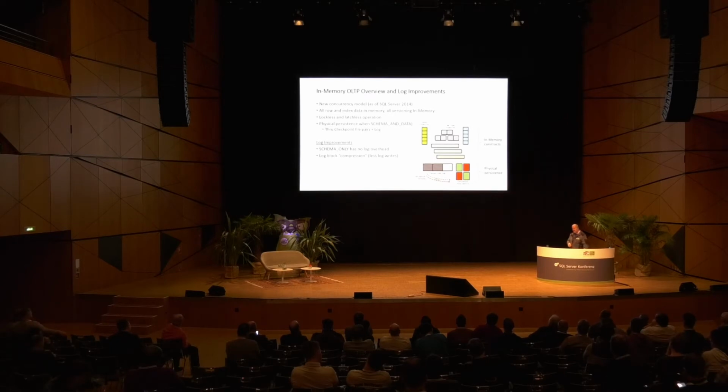There's two types of in-memory. You can have schema-only in-memory tables, which is massively efficient. We pretty much get 0 transaction log overhead from those, because there is no data to come back. You lose everything in the table. That's brilliant for staging tables. Or you can have, I think it's schema underscore data, so schema and data tables, which are exactly what I just described earlier. And there's this thing called log block compression.